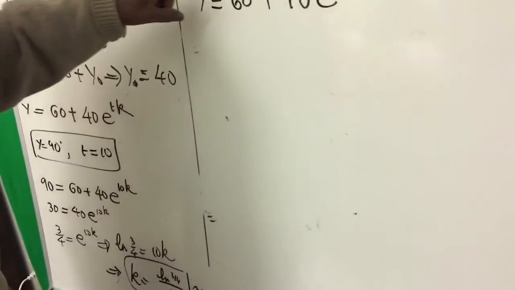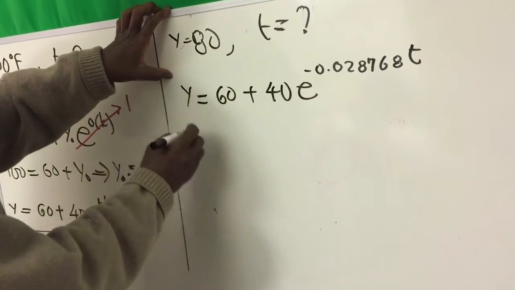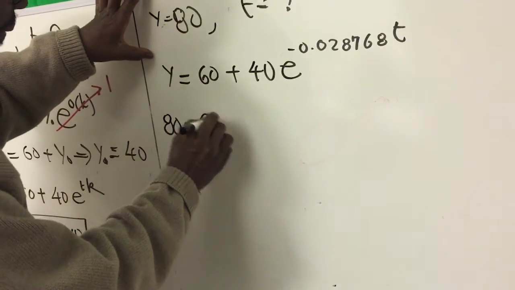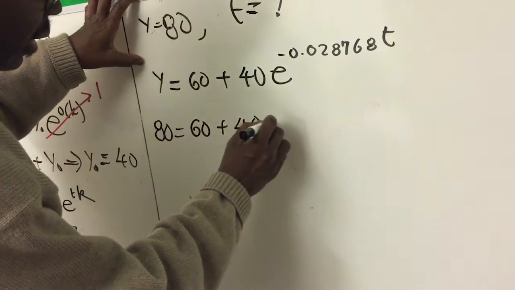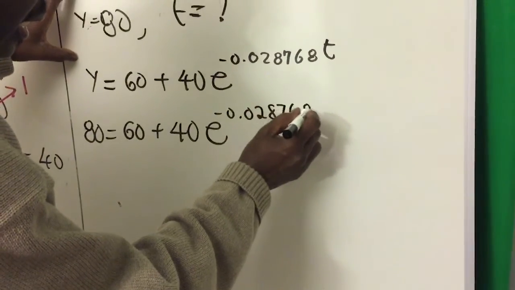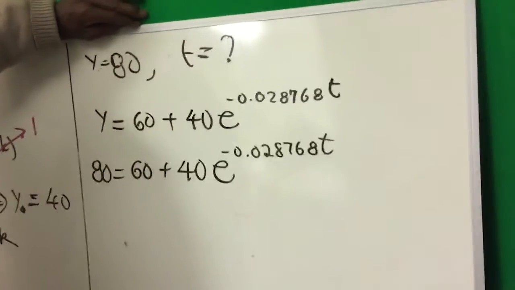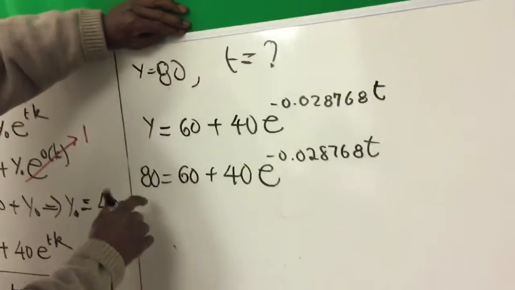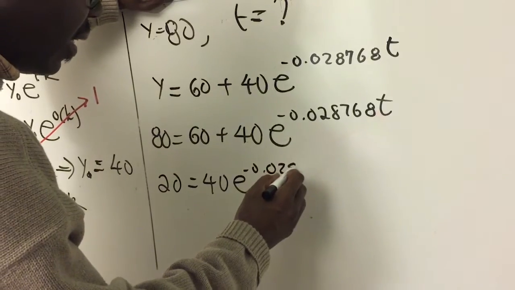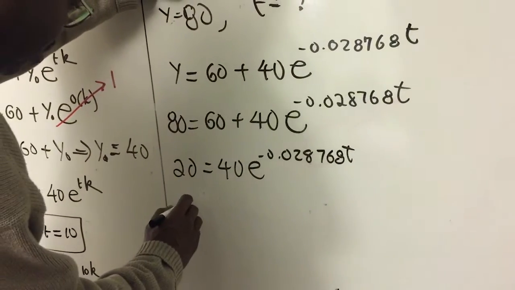And we want to know when the temperature drops to 80. So we substitute 80 for y. So this is 80 equal to 60 plus 40 e^(negative 0.028768 t). So two things we need to do before we take ln. Subtract 60 from each side, we get 20 is equal to 40 e to this exponent, divide by 40 each side, and this will be 1/2